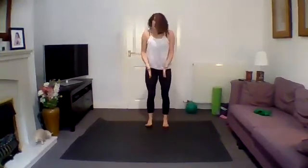We're ready to go. It's Pilates Tuesday lunchtime workout. So when you are ready, feet parallel, spread your toes nice and wide, tilt the pelvis forward slightly and connect